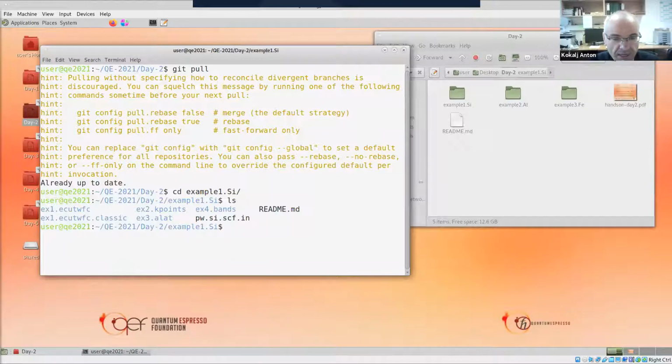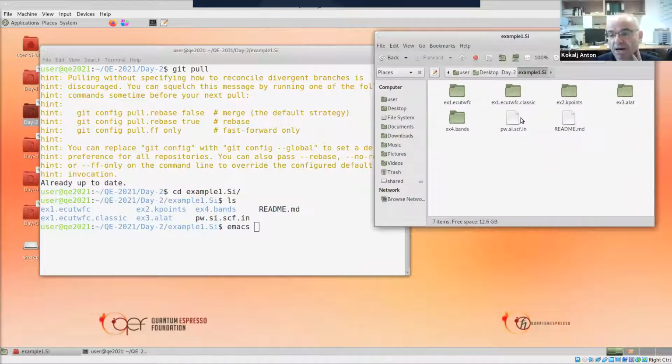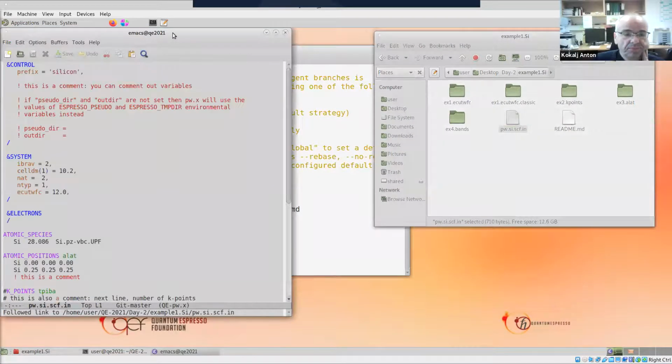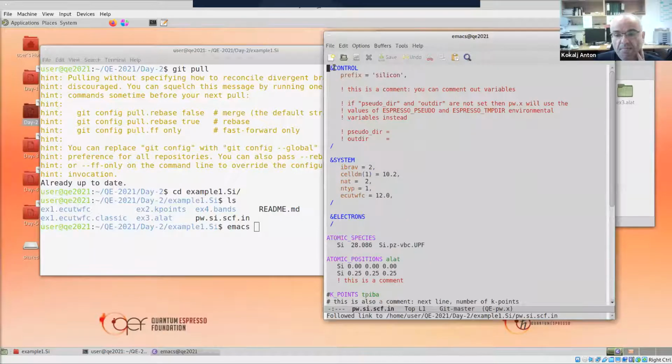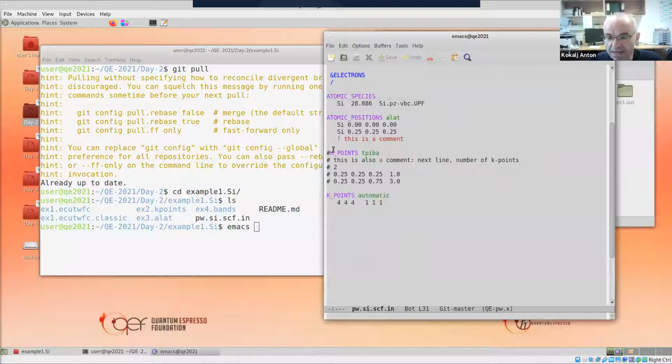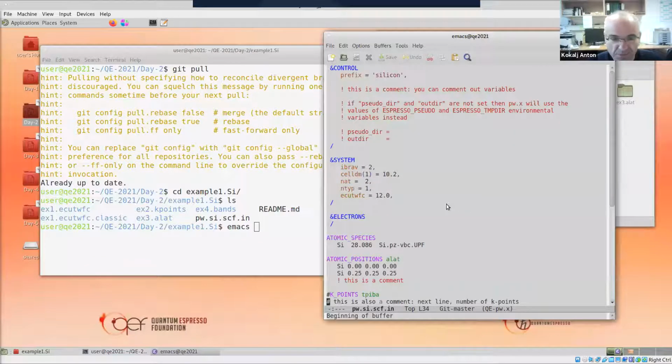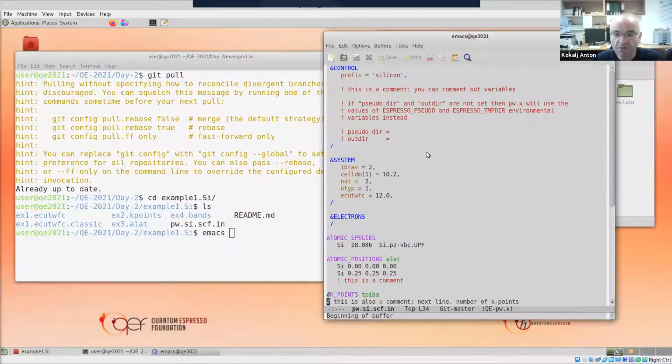Okay. So here inside, again, in this example, silicon, I have several sub-examples, a README file, and here is the input file for the pw.x. We can open it, for example, in Emacs, or another way is to use a file browser. Here we can see some namelists, and in these Emacs modes, everything that is red means comment, and also this hash here means comment for the cards, but is not colored red in Emacs modes. Okay, so this is the basic structure of the